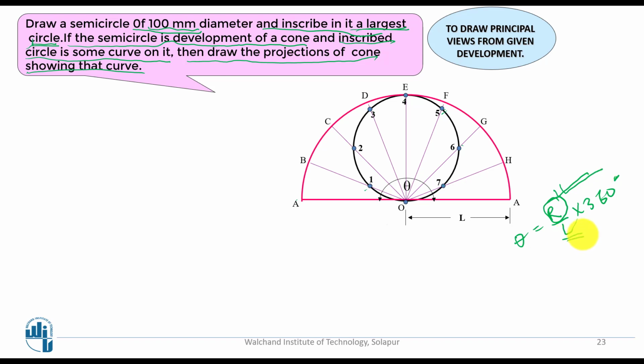L is given in the problem as total length is 100. So this is the total length, 100. In that, this is L. This length is L. Half of that you have taken as L. So as far as the slant height is concerned, the cone slant height is L. And this L we are going to take as a dimension because it is given as 100